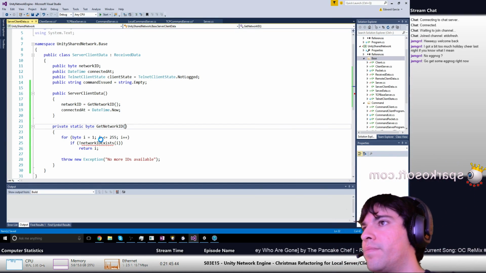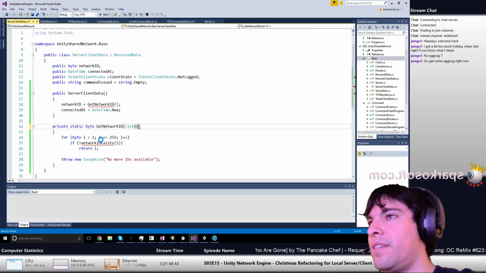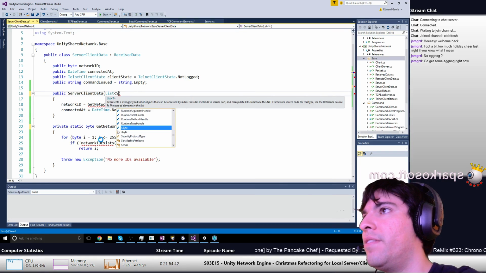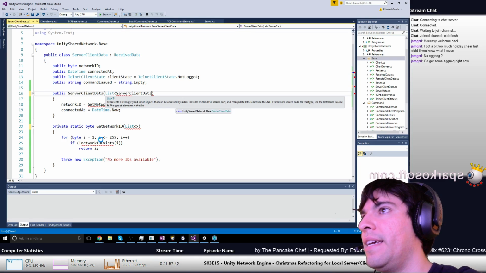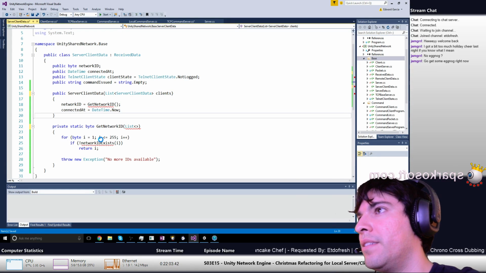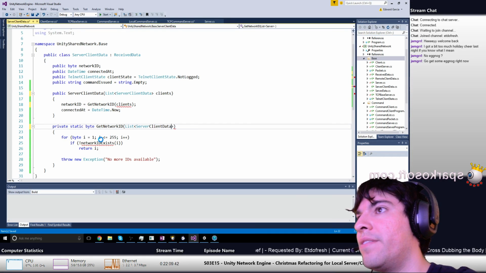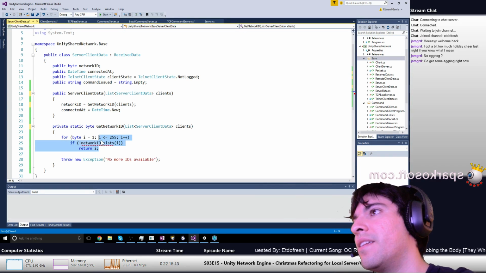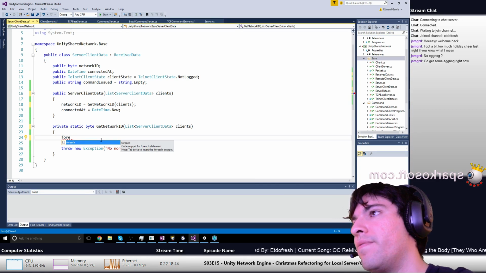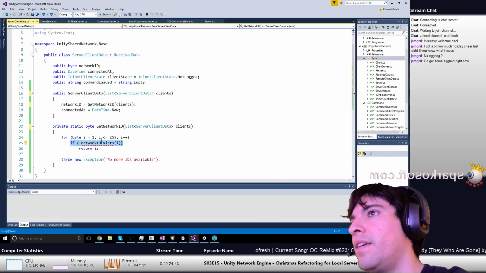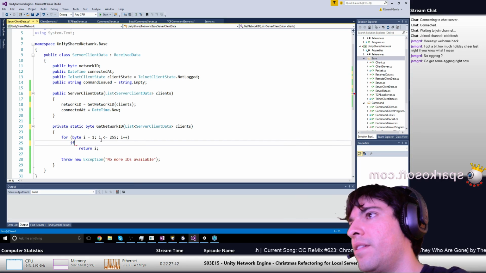Okay, why don't you turn in a list of, this is what I'm going to have to do, a list of server client data clients, and then go ahead and turn in clients here, and then here server client data clients. So we're just passing in clients, a list of clients, and then you're just gonna go for, definitely starting at 1 to 255, if I'm gonna say for each,